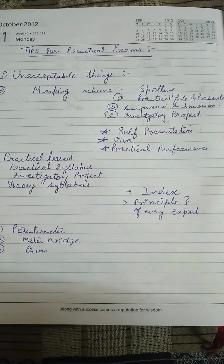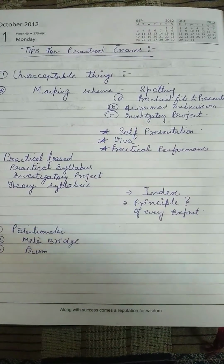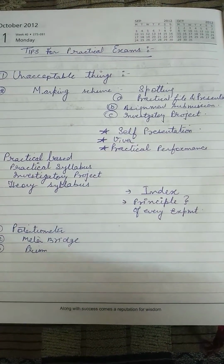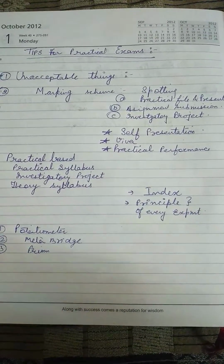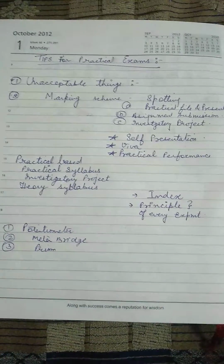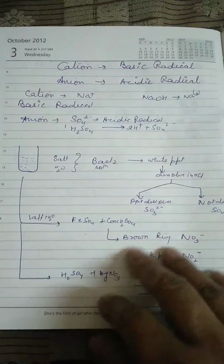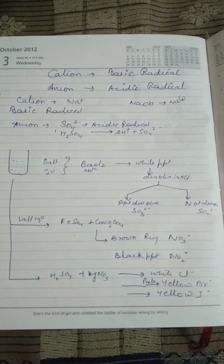Read the index properly, so that the examiner, many times, does not check the whole files; he just goes through your index, whatever practicals you have done in the last 1 year. He can ask a basic principle of any chapter. So coming on to the chemistry practical, as I told you earlier also, in chemistry practical two things are